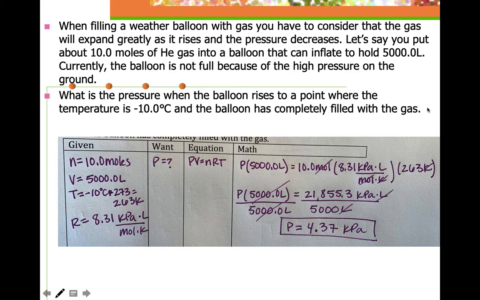So what's a clue to you that you should be using the ideal gas law? Anything that asks for moles. It's the only equation that uses moles, so that's kind of your giveaway. And that's my giveaway in this problem, that I need to use the ideal gas law. They tell me I have 10 moles of my helium gas. They tell me that the volume it can inflate to is 5,000 liters, and they want to know what the pressure is going to be when the temperature is negative 10 Celsius. Of course, I can't work in Celsius, so I add 273 to get it into Kelvin, which is 263 Kelvin,